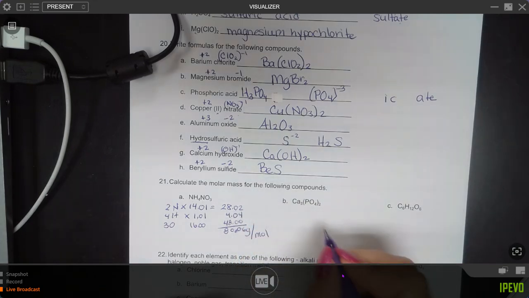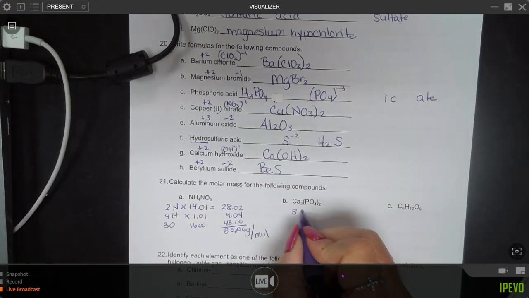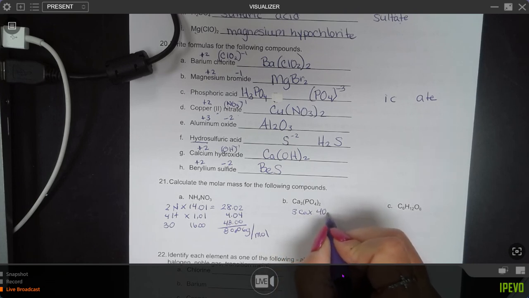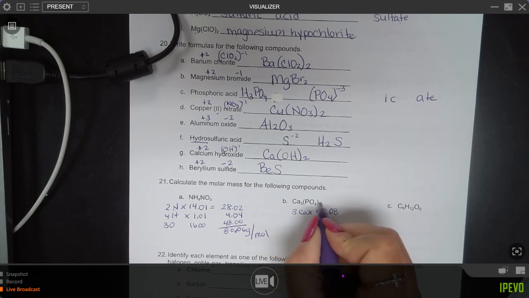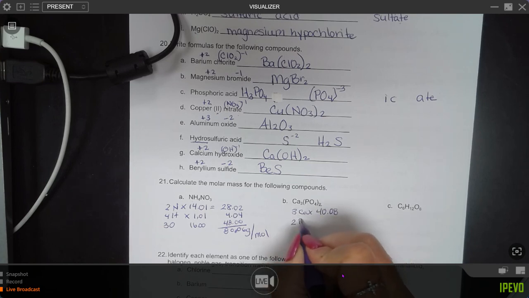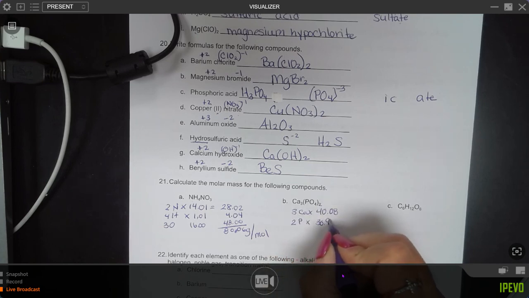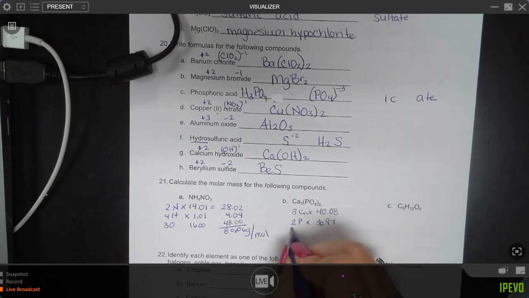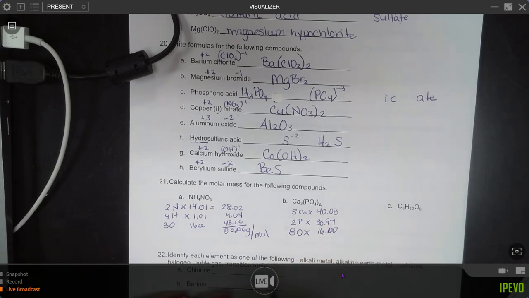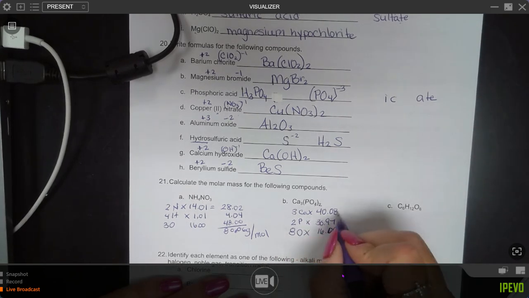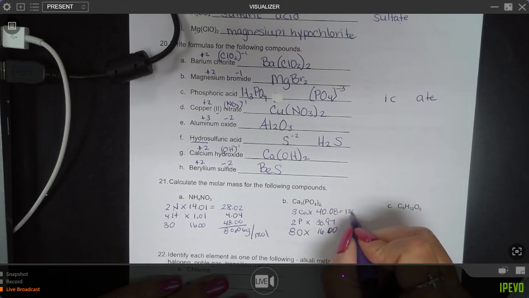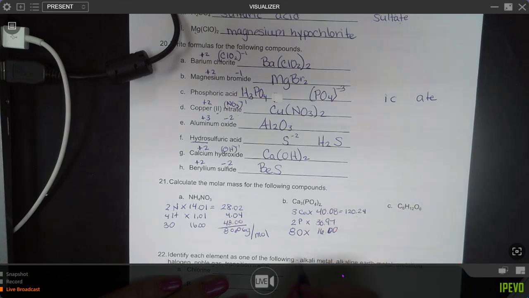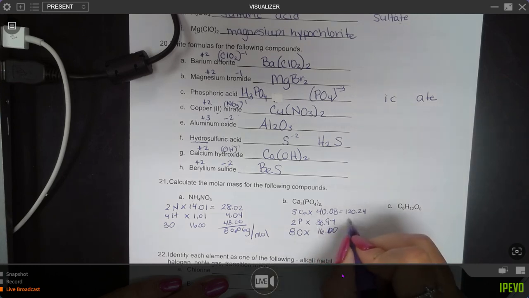All right. Calcium phosphate. So we have 3 calcium. Calcium is 40.08. Remember this 2 multiplies through, so we have 2 phosphorus. Phosphorus is 30.97. And then we have 2 times 4, which is 8 oxygen, so times 16. If I do that math, 3 times 40.08 is 120.24. 2 times 30.97 is 61.94. 8 times 16 is